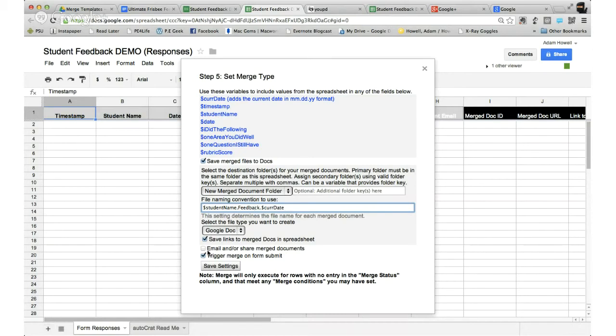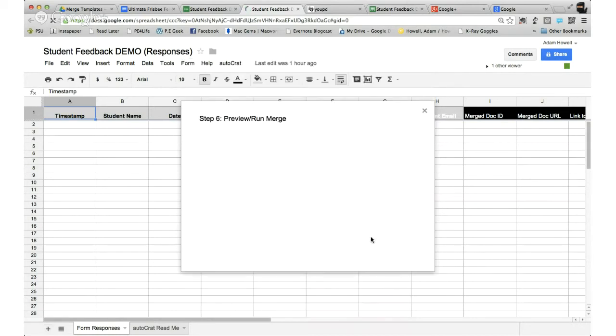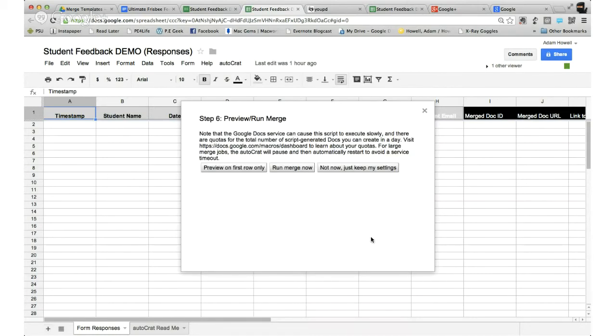But I have found a way to be able to do that where it only adds about 3-4 extra minutes of my time, and it's pretty easy to do. So I did check the box to trigger the merge on form submit, because anytime that form gets submitted, I want the Autocrat to run. So save those settings. You see the little bureaucrat, Autocrat guy with the mustache right there. And then it gives me the ability to run the merge or test the merge if I want,